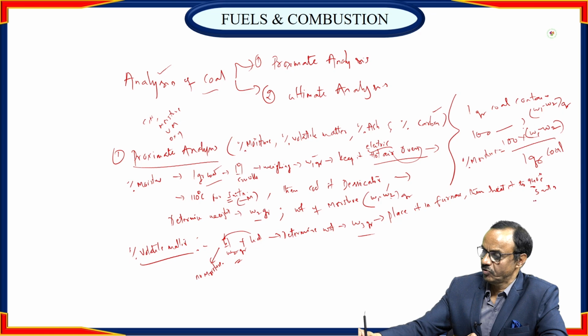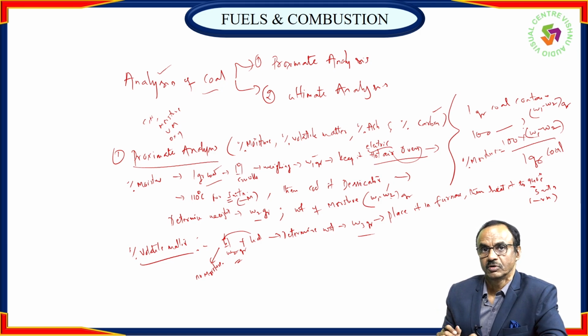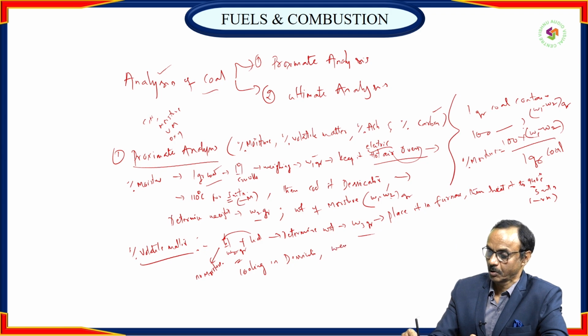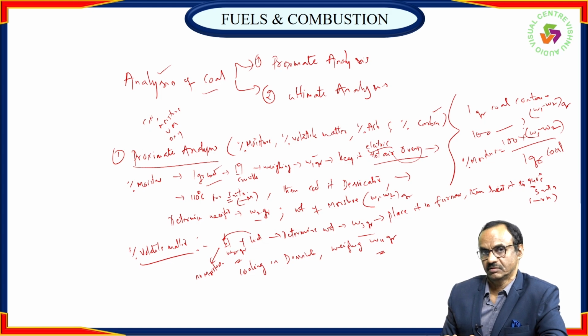Here, the volatile matter is removed. After that we need to weigh again, but before that we need to cool the crucible so that we can weigh easily. So, same cooling in the desiccator. After this cooling, weighing. Let W4 be the weight of the crucible with remaining coal. So here moisture is removed, and volatile matter also is.